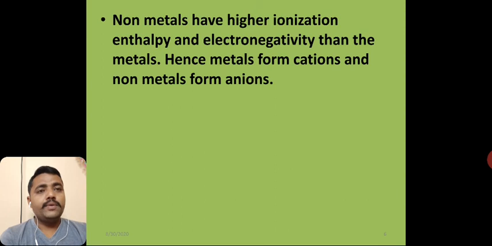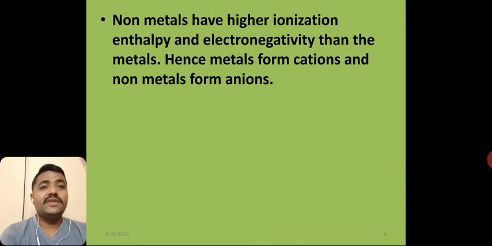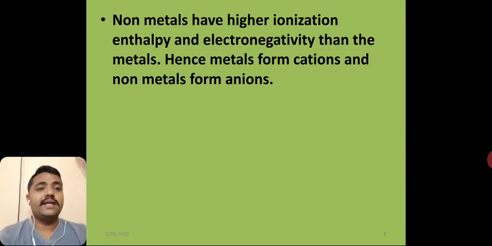In the periodic table, the p block elements are on the right side, and electronegativity increases from left to right, and therefore its electronegativity increases, same as ionization enthalpy, meaning its ionization enthalpy is high. Metals form cations, meaning metals easily donate electrons, but non-metals accept electrons, so their electronegativity increases. Therefore I mention here that metals form cations and non-metals form anions.